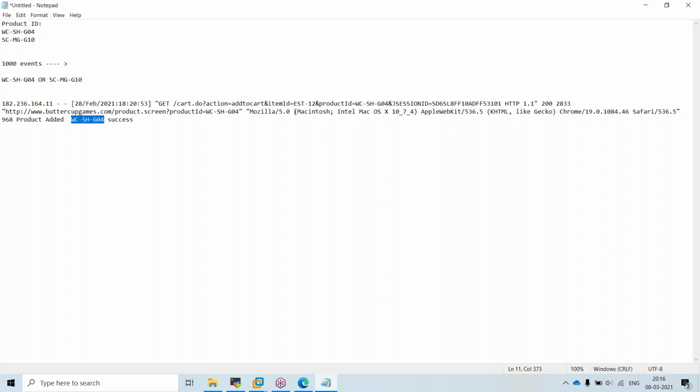If I give this, both will be fetched. If it sees any string in the Splunk log in that event, that record will be fetched.